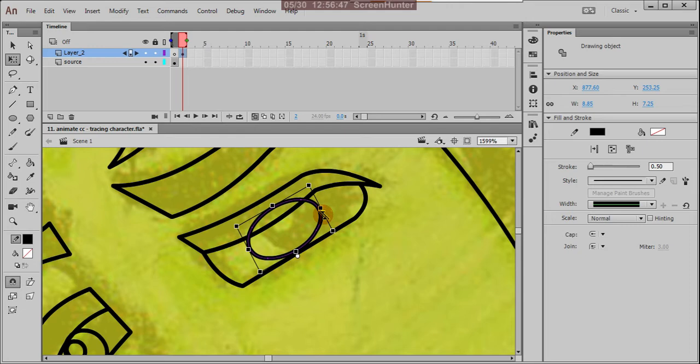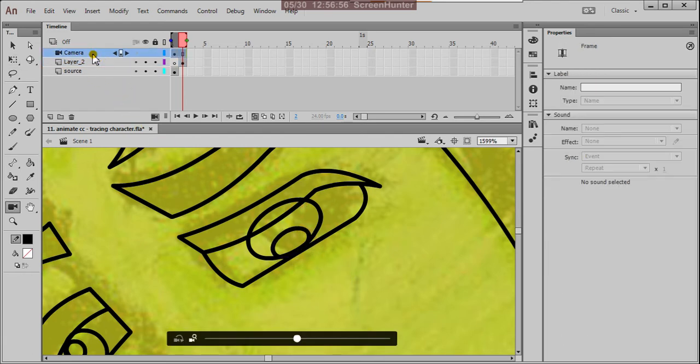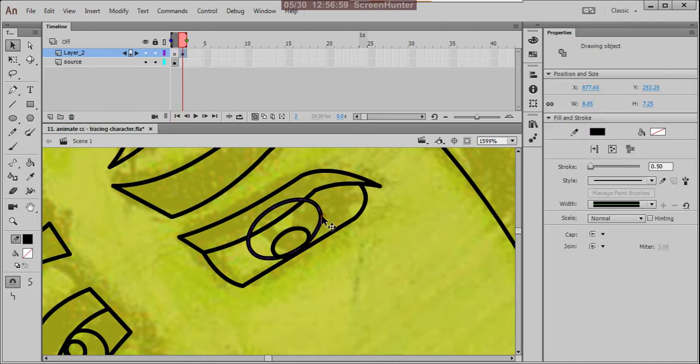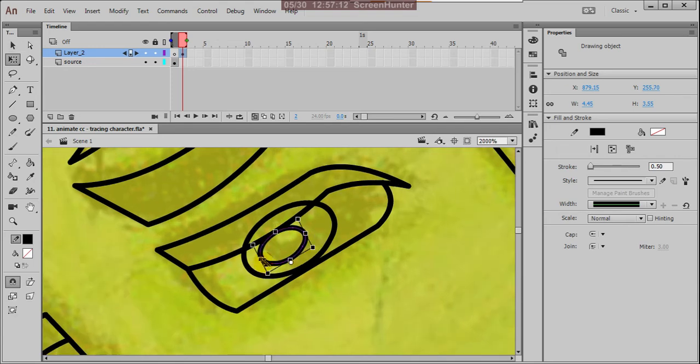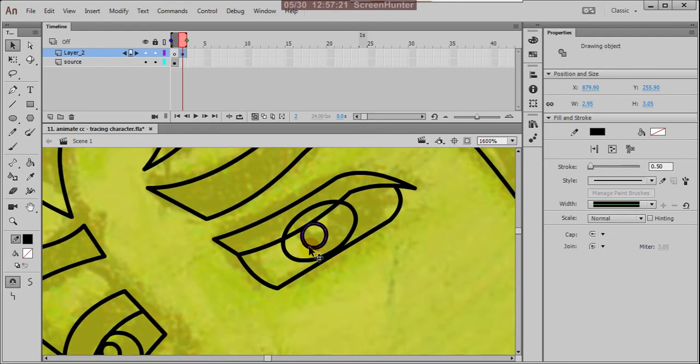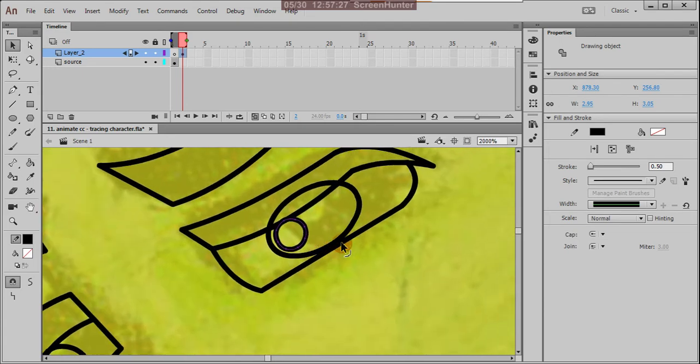Control C, Control Shift V. So this camera is not required. Yes.